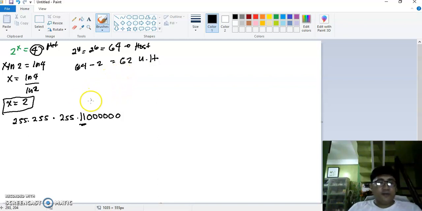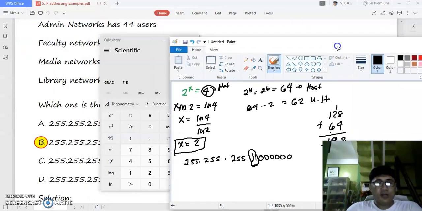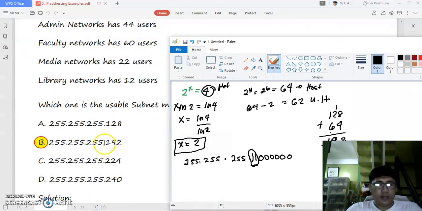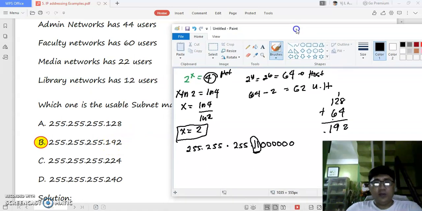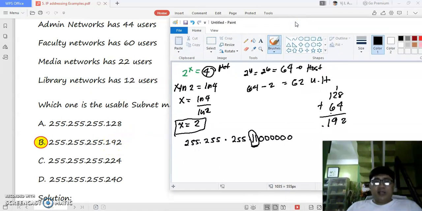If you check here, with these 2 ones, what is this equivalent to? That is 128 plus 64, so that is 192. Therefore, our answer here should be 192. Okay? And we could check that this is really correct because